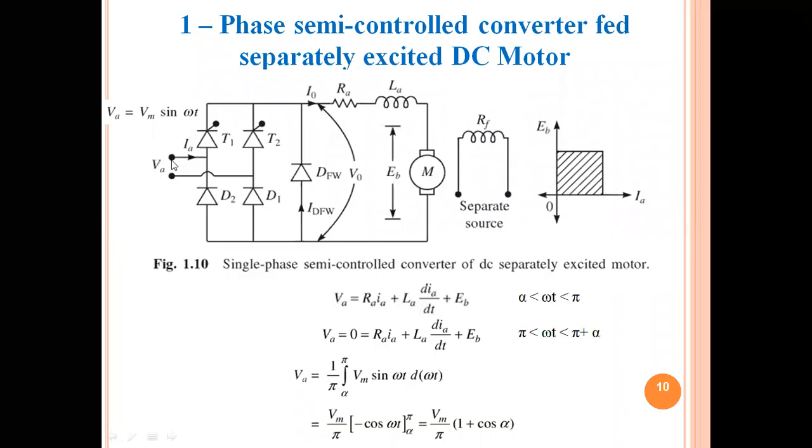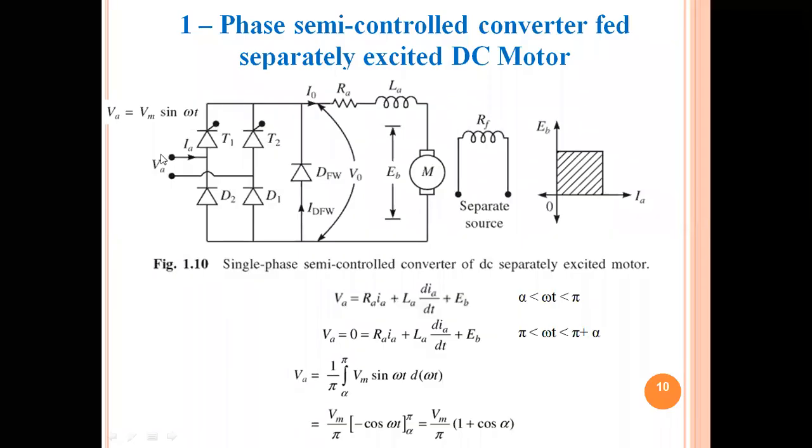from 0 to 180 degrees, the input voltage is a sinusoidal supply, which means it will produce a positive peak. For the positive peak, the thyristor T1 will be in forward condition. But at the point of alpha, we will trigger this T1, so that at the alpha point the T1 will turn on.